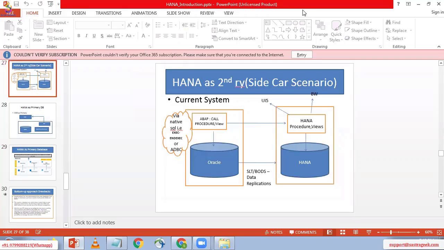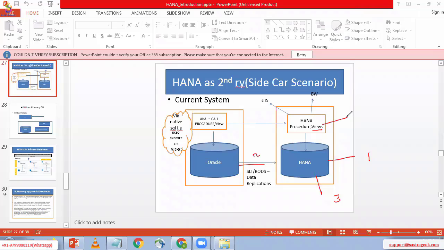We created the view. First we checked whether the database table exists or not. The second step is we replicated it, and the third step is we did the database calculations using native SQL.